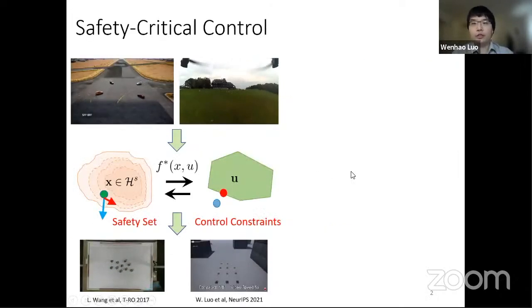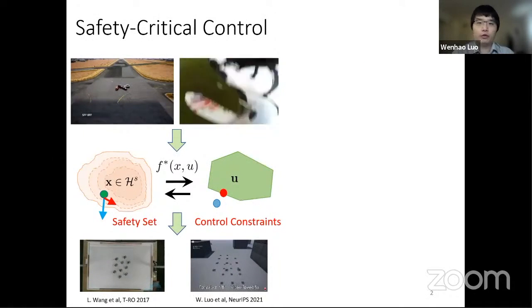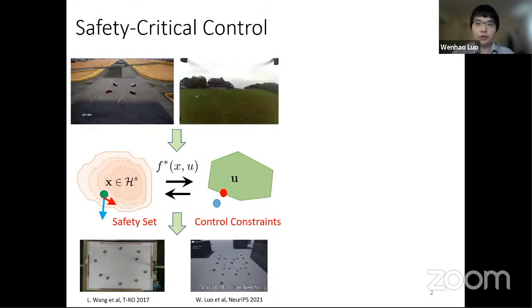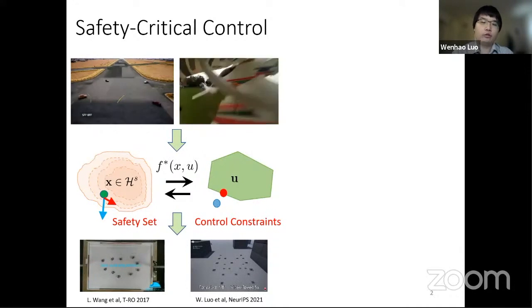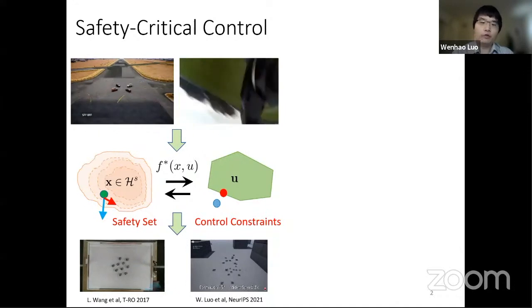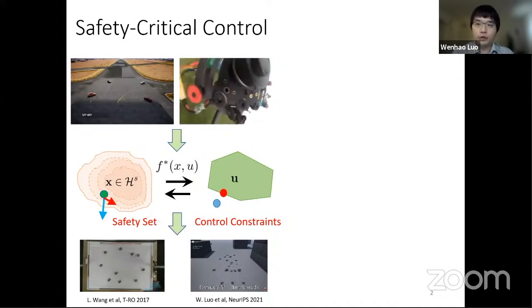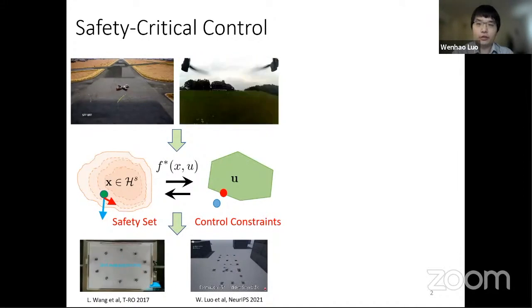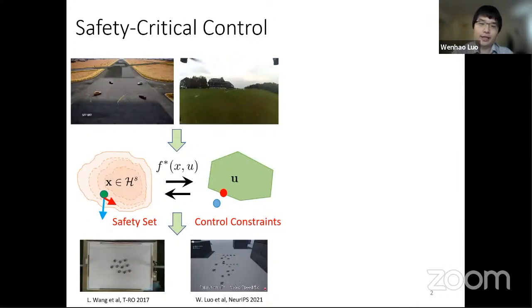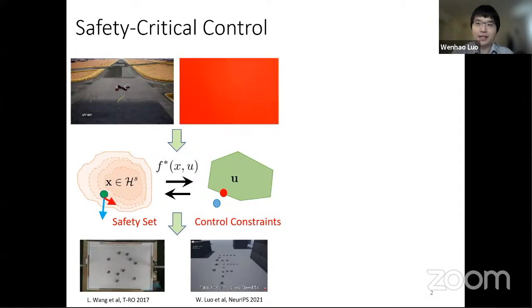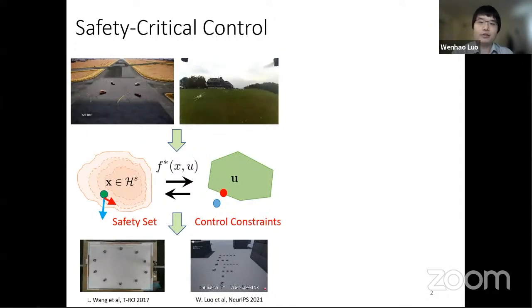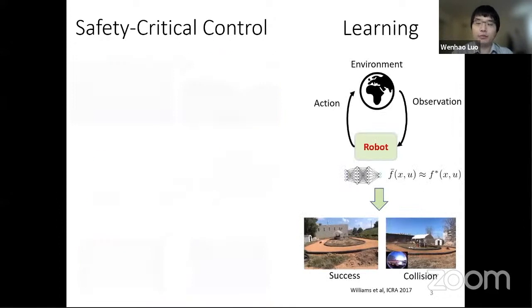As we know, safety in terms of collision avoidance is critical in deploying the autonomous systems to the real world. And in order to derive the safety guarantee, we often have to rely on perfect information, such as system dynamics for the robots, in order for them to design controllers that keep them stay inside a safety set. However, in the real world, if we do not have this perfectly modeled system, then we have to use learning